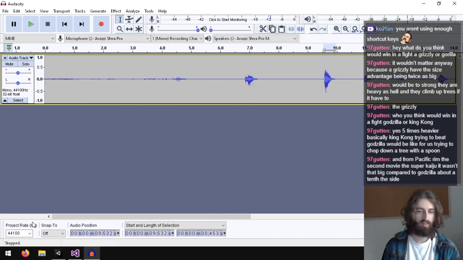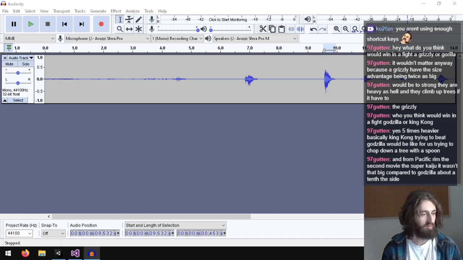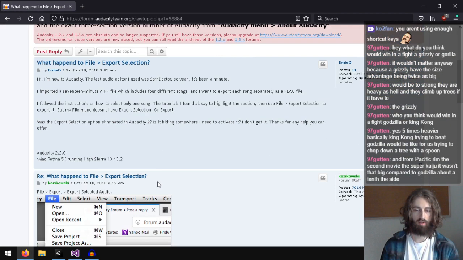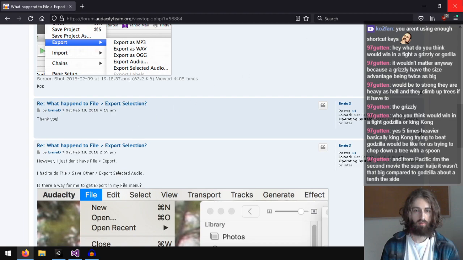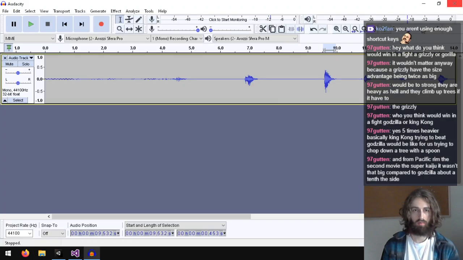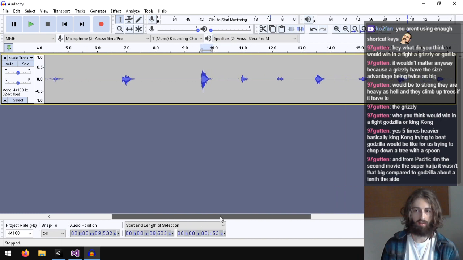Well, let's look up how to use Audacity. Audacity, how to select export. I think I should just copy and paste it, but what happened to file export selection? Yeah, I actually thought this used to be a thing. Oh, okay, export selected audio.